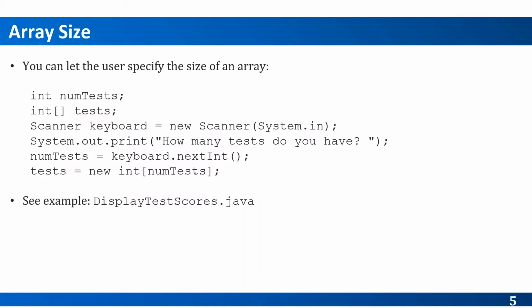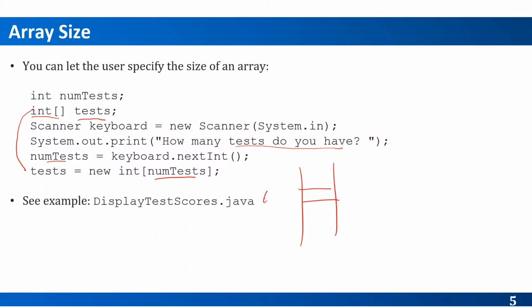The last thing I mentioned is that you could actually prompt the user. So here, for example, I could declare an array of type integer called tests. Then later on I will prompt the user, how many tests do you want to enter? In that case, you could take that input and use it to assign the actual array. Notice here that these are 2 stages. The first one builds